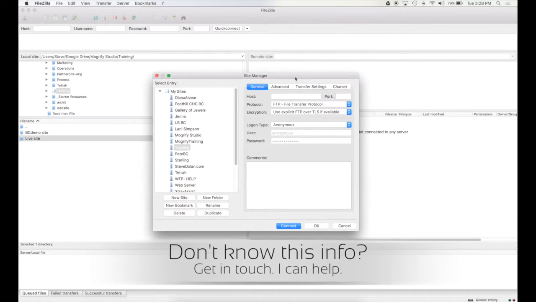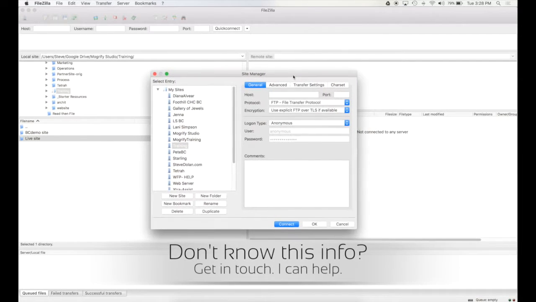Unless your server specifically commands you to enter a port number, sometimes you can leave this empty, and the Filezilla program, when connecting to your server, will respond with the correct port. So you don't always need to enter a port number here. Your host is whoever is hosting your website. So if it's GoDaddy or Just Host or Bluehost, there's tons of hosting services out there. Get in touch with them to make sure that you can get your hosting information